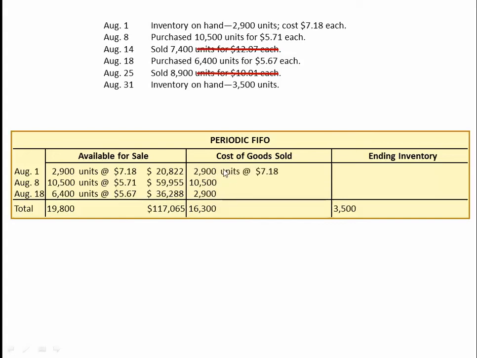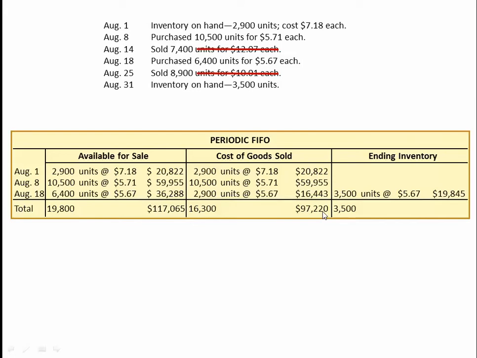So let's bring these numbers across. So 2,900 units at 7.18 equals 20,822. The 10,500 units at 5.71 equals 59,955. And the 2,900 units we took out of the 6,400 units, again, we didn't need all these because we just needed 16,300, at 5.67, that totals to 16,443. Total units, disregard that one. Oh, I guess it goes, I'll explain that. Total units should be